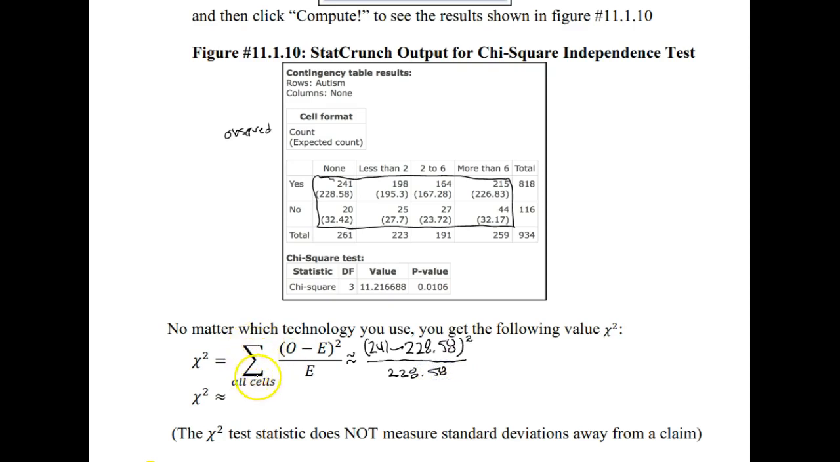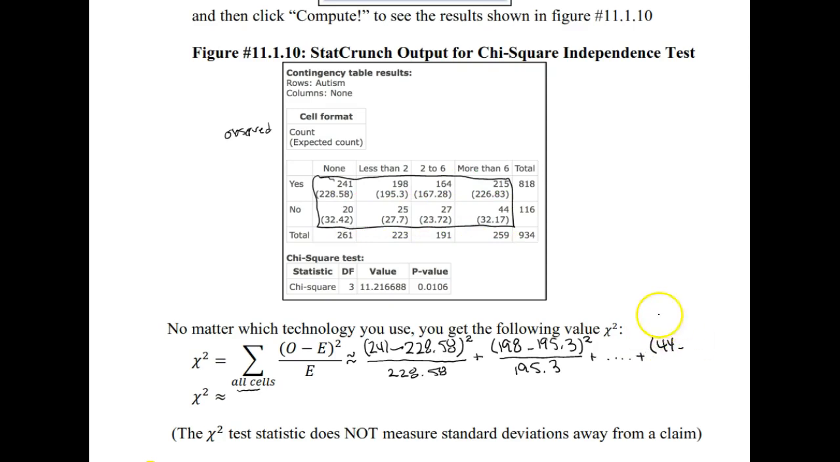And then this big summation we're going to add, and we need to do this to all cells. So we're going to have 8 of these terms in here when we're done, although we're not going to actually write all those out here. So we're going to take 198 minus what we expected in that cell, and we're going to square that, and then we're going to divide by what we expected in that cell. Okay, and we would keep doing that for each of the 8 cells until this last cell here where we